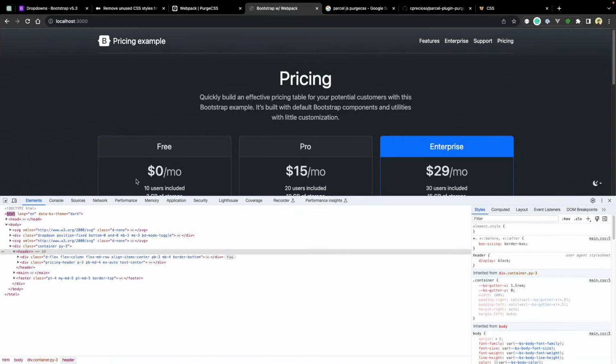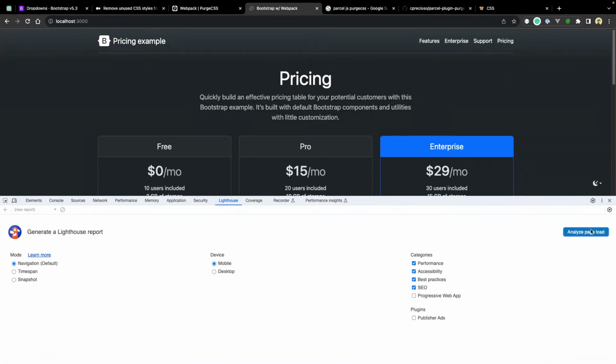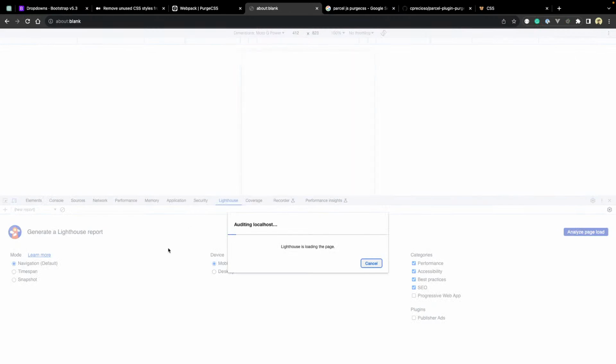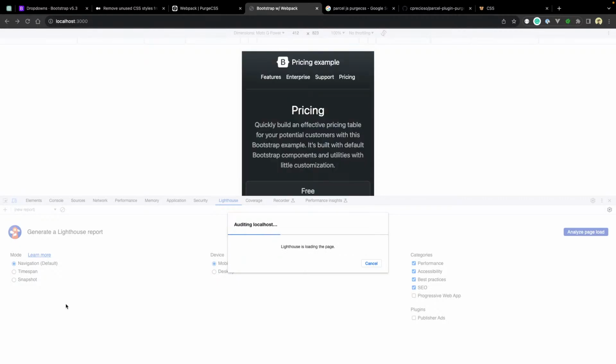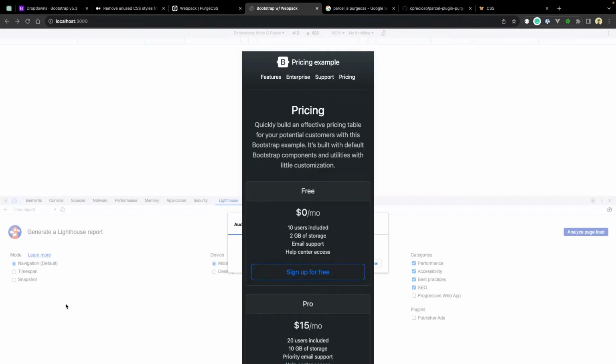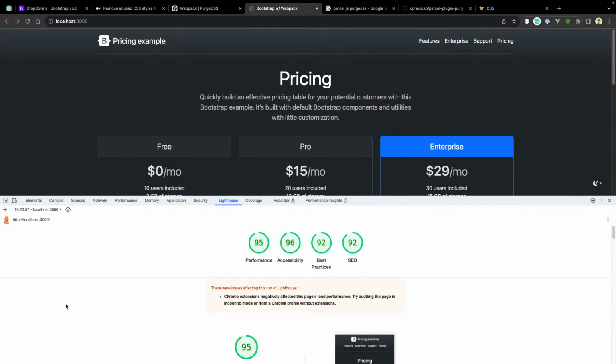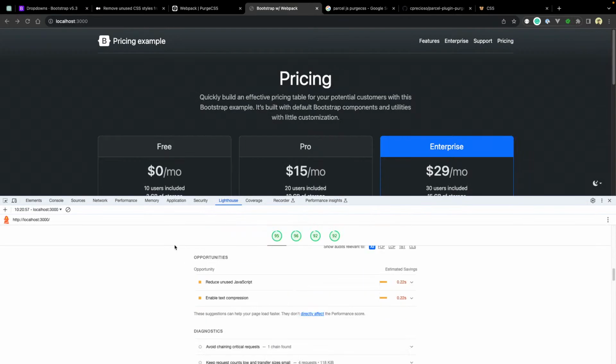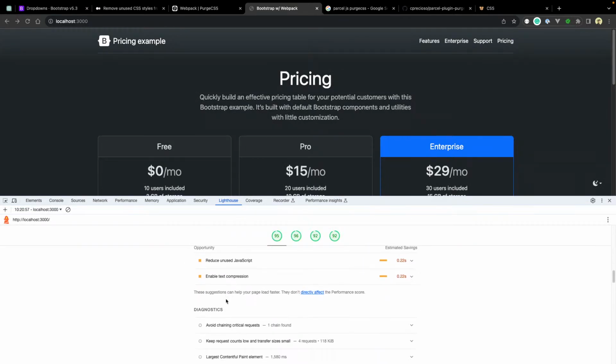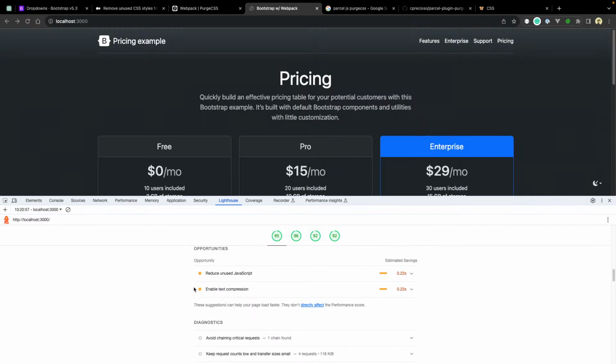Okay, now when we refresh, we are good. Let's do the page analysis. Okay, so we have got rid of the unused CSS warning